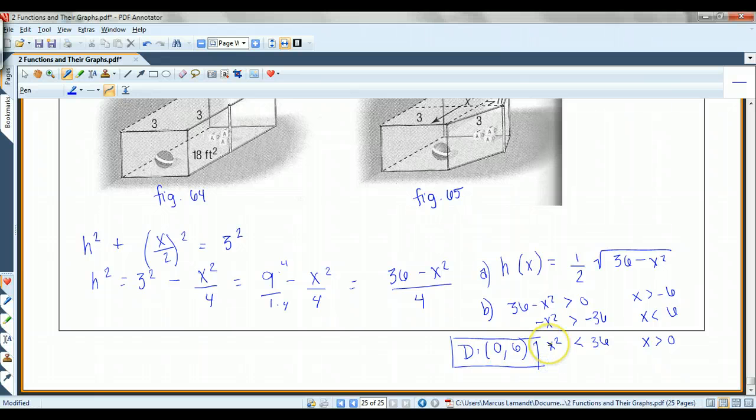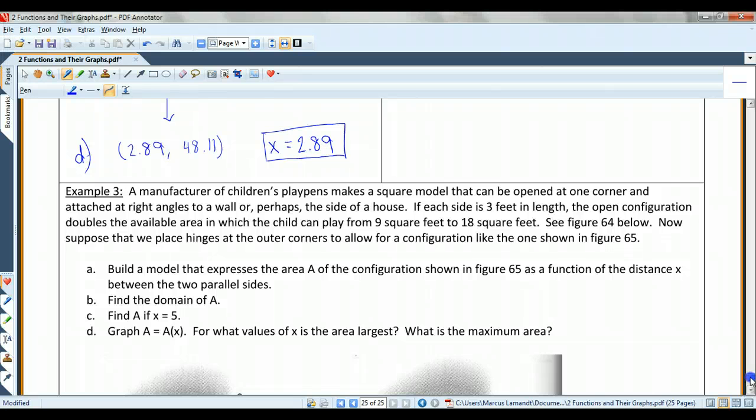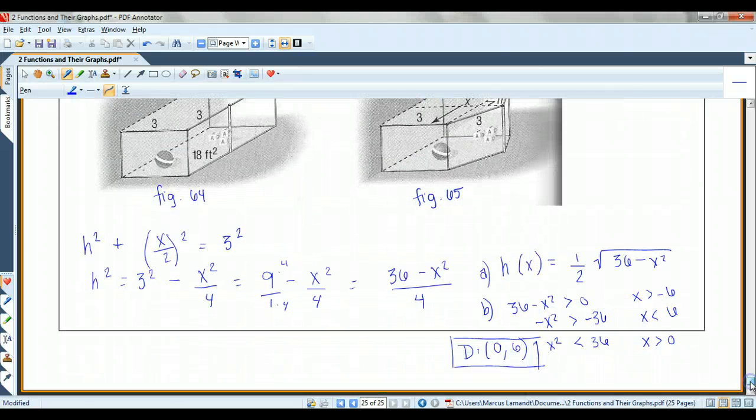And I apologize I didn't give you guys more space. You're welcome to work on the second sheet of paper. Find A if x equals 5. Okay, if you plug in 5, you get 36. Actually, let's go over here. If you plug in 5,